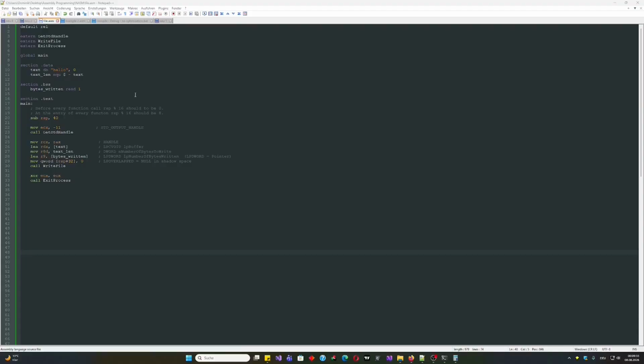This is the first code example. I've talked about most of this already in video number 5, so I will not do it again. Only this one will be new, the section BSS, which is used for uninitialized data. The first variable here, the name of the variable is bytes written, RESD, that means reserved dword. It's 1, that means that we want to reserve 1 dword, and 1 dword has a size of 32-bit or